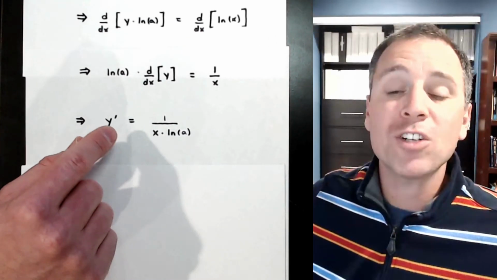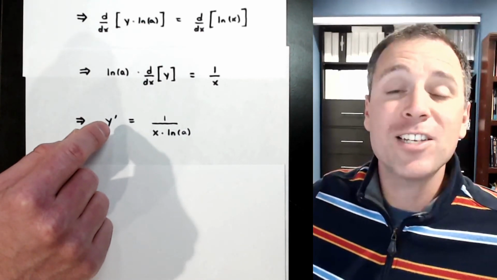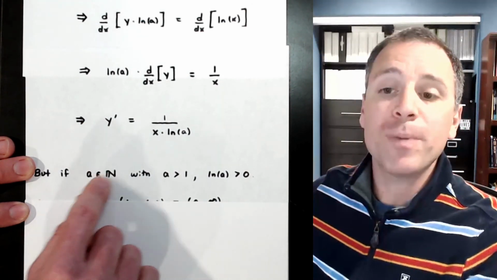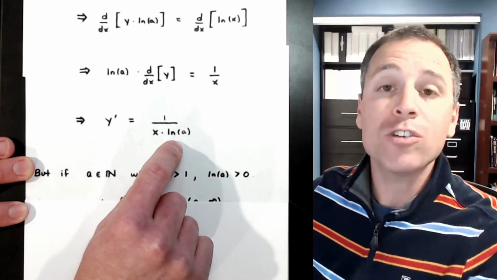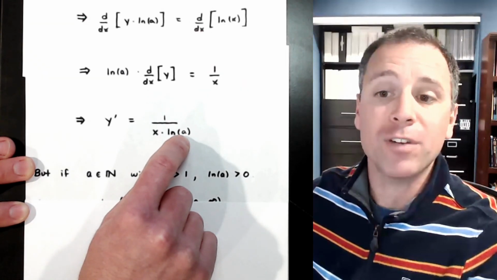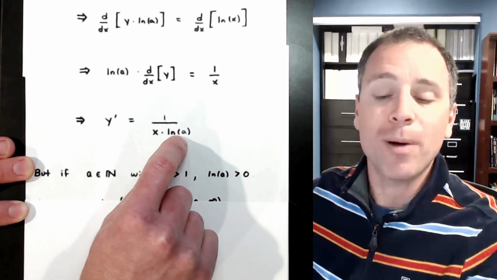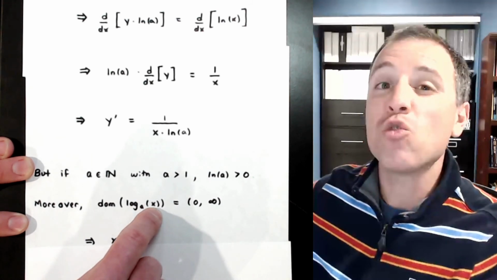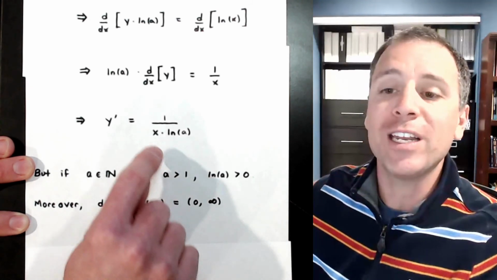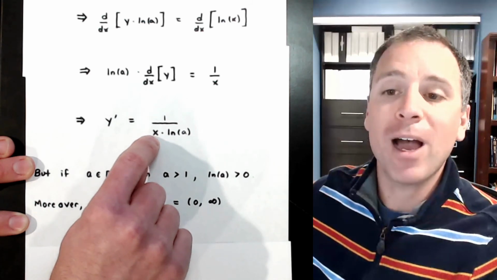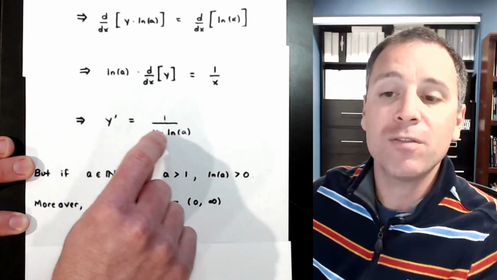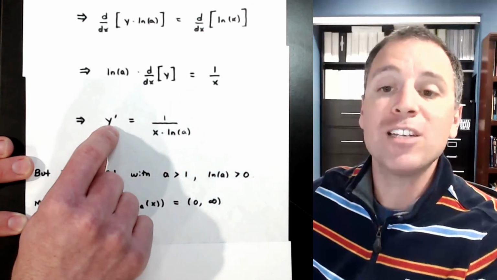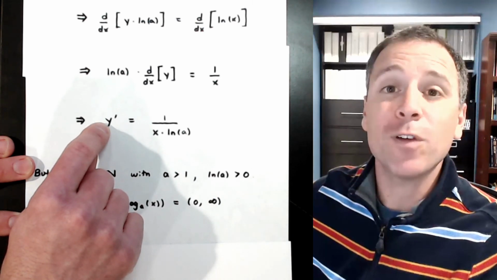But remember, the goal of this argument is actually to say that this derivative is positive. And in fact, if we look at any natural number that's bigger than 1, the ln of that number will also be greater than 0. So that's a positive number. 1 divided by a positive number is also a positive number. And then we know for the input of log base a of x, x has to be greater than 0 and can go all the way up to infinity, which means on the domain points that I care about, x is always positive. So I have a positive times a positive. That's a positive. 1 divided by a positive is a positive, which means all derivatives to our log base a of x functions are positive.